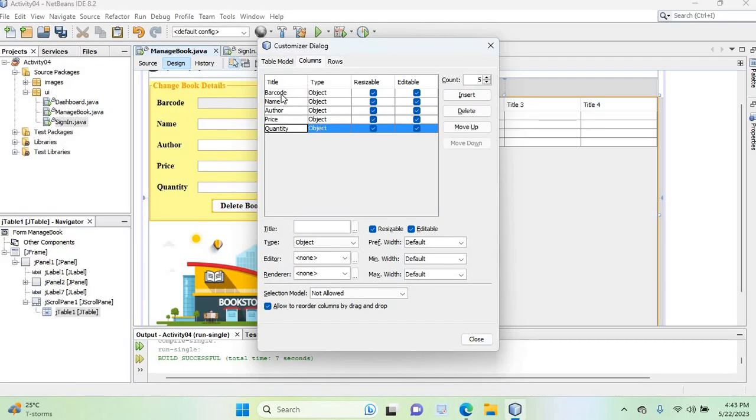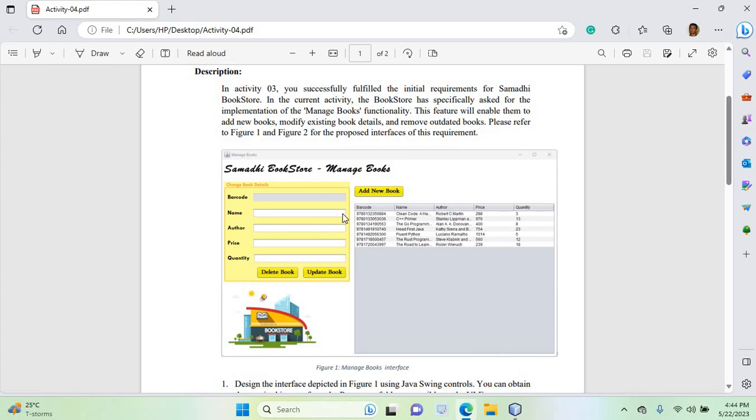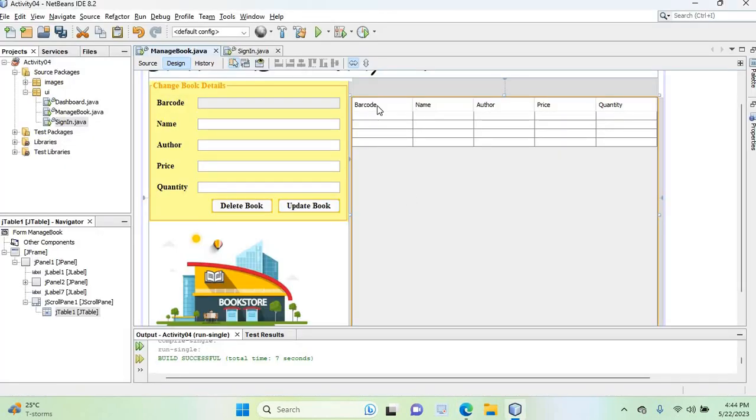Okay, in this case also we are not allowing to edit the barcode, so we are going to disable this editable one here. And if you need, you can change the other things as well. So now I will close it. So now you can see we are having the title, barcode, name, author, price, quantity. Okay, so like this we will have